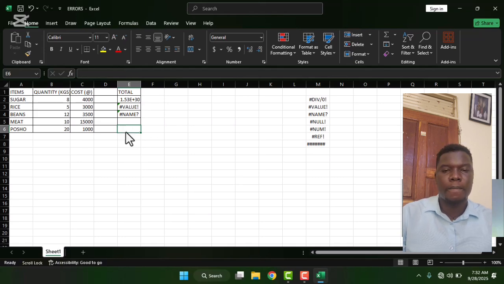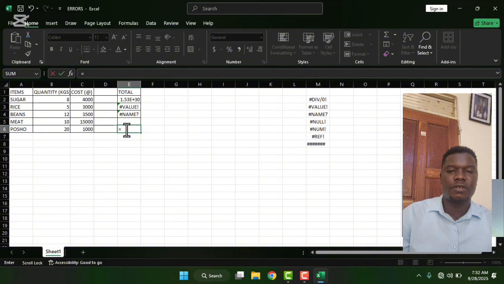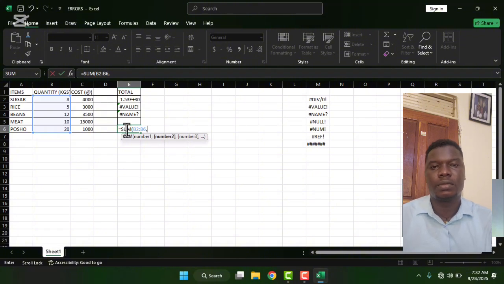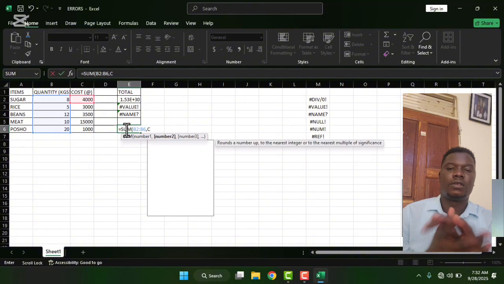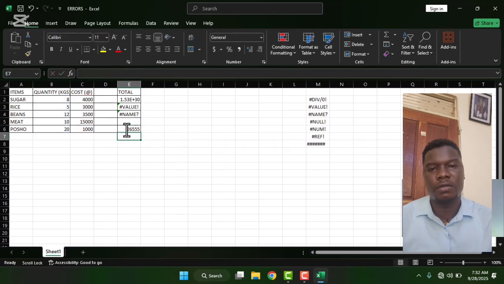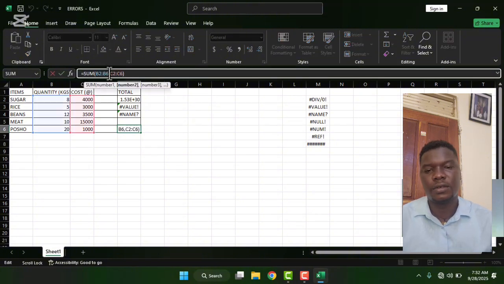As you can see here, I have equals sum. I want to add from B2 to B6. Then I'm supposed to put a comma in this formula. Then I say also from C2 to C6. I close my brackets. This will give me the right answer. But if I use a wrong range, for example, instead of putting this comma,